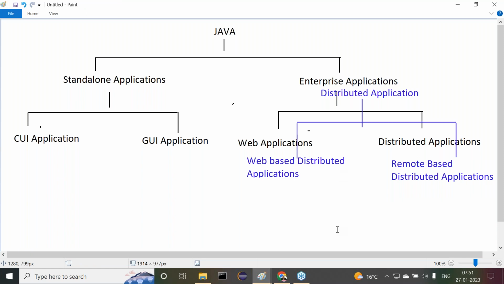Guys, observe carefully. If you use the terminology enterprise applications, then the actual terminology is web applications and distributed applications. In place of enterprise applications, if you say distributed applications, again two types of applications are available. What are the two types? The first one is web-based distributed applications. The second one is remote-based distributed applications. As per your interest, we can use either of these terminologies, but frequently I'm going to use